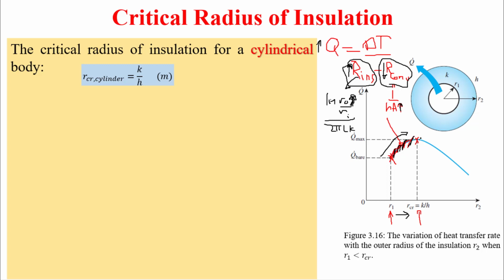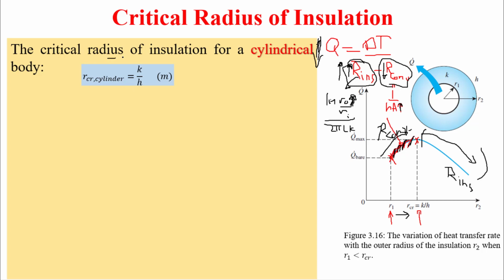But in the other range, Q you can notice decreases. So which term is dominant? R insulation. If R insulation increases, what do we expect from Q? We expect it to decrease because it is in the denominator. So if the denominator increases, we expect that Q must decrease. So in this portion R insulation is dominant, so Q must decrease, and in the earlier portion R convection is dominant.